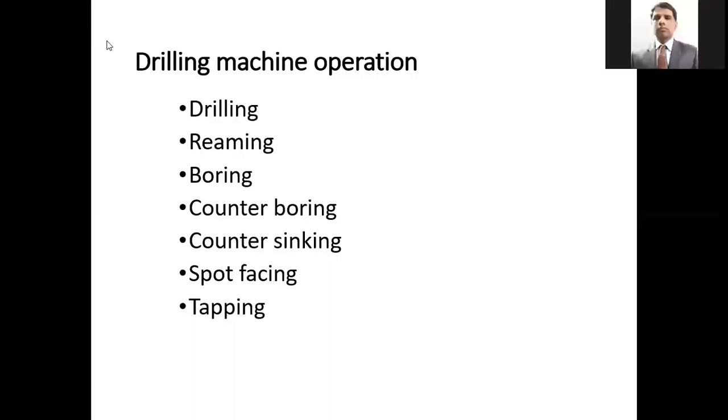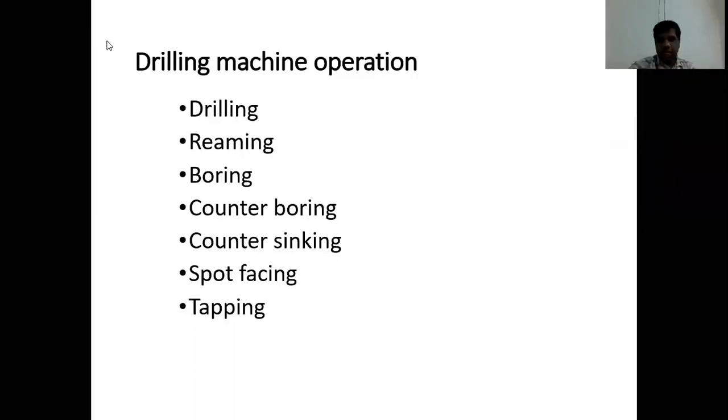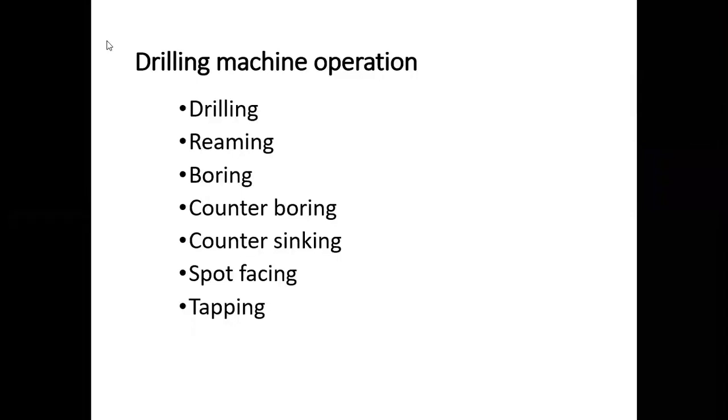One process that happens in a drilling machine is called drilling. The drilling machine is used for drilling holes. What do we mean by drilling? It is nothing but making holes. By using a revolving or rotating cutting tool, removing the material and making an internal hole is called drilling. In the last one and a half classes we saw drilling only. Drilling is nothing but making an internal hole in the workpiece.